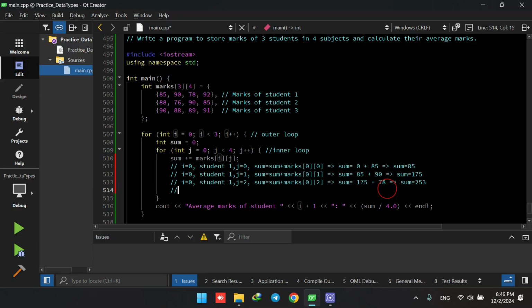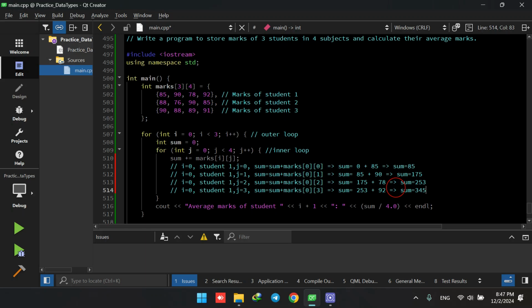And finally, here i equals 0, student 1 still, j equals 3, so sum equals sum plus marks[0][3]. It means that sum equals 253, calculated in the previous round, plus the first row and the fourth column, which is 92. So 92 will lead to the overall sum of